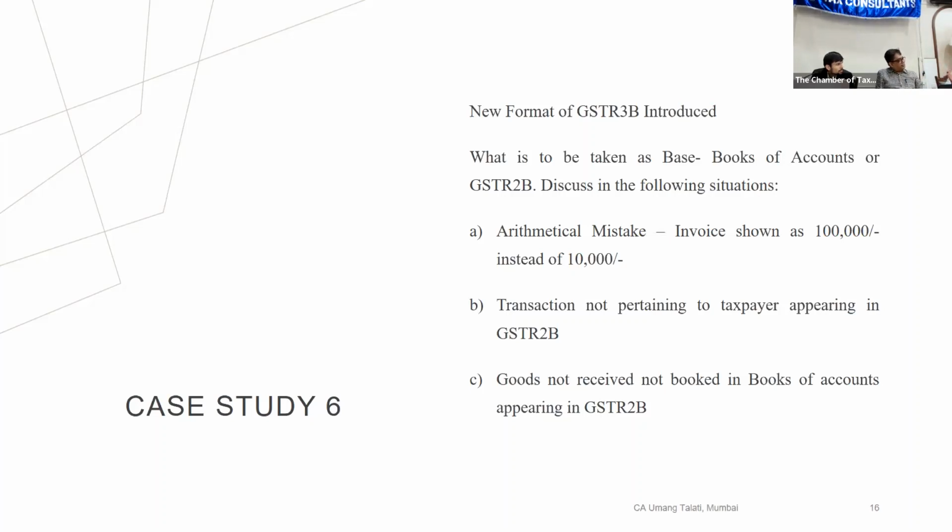My point is that any excess credits that are visible in 2B, why shouldn't I reverse it? So I will give you a live example. They are not asking me to show expenses in the input tax. Now let us take an example. I have sold the goods to you. Tax is 1 lakh rupees. Okay. Now, unfortunately, at the 11th hour, instead of putting the tax amount of 1 lakh, I have put 10 lakhs